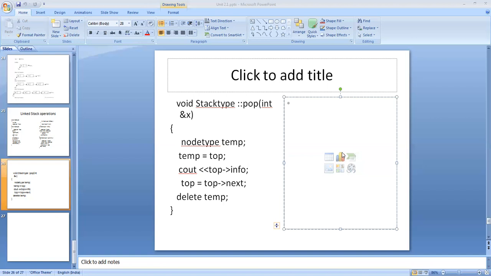The size of the array might be higher, the number of elements in the stack might be less. In that case, the remaining elements in that array will not be used. So these are some of the drawbacks with array when it is used for implementing a stack. So to avoid that, we are having this linked stack.